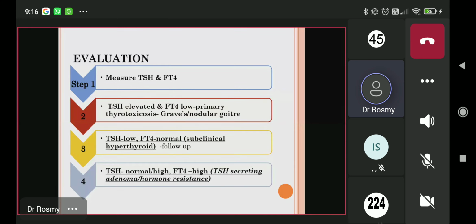And there is another thing which madam has already taught you all, something about a TSH secreting adenoma and something regarding a TSH resistance, thyroid hormone resistance. In this, TSH will be normal or high. In both these conditions, your TSH will be normal or high, but your FT4 will also be high. Normally, both of them will go in the opposite direction. If TSH is increasing, it means FT4 is reduced या कम है. But अगर दोनों ही बढ़ रहे हैं, TSH is also increasing and FT4 is also increasing.